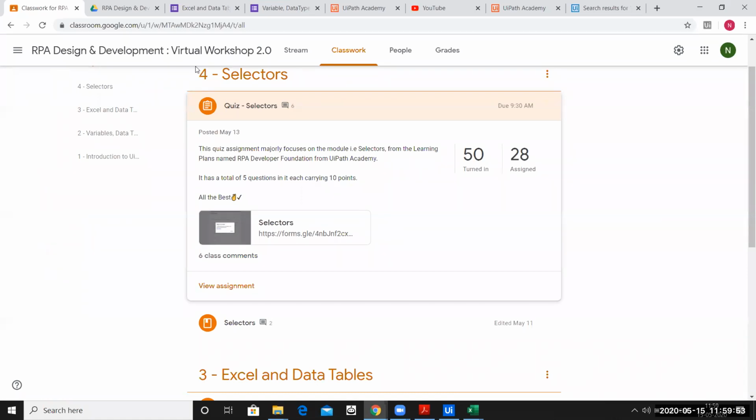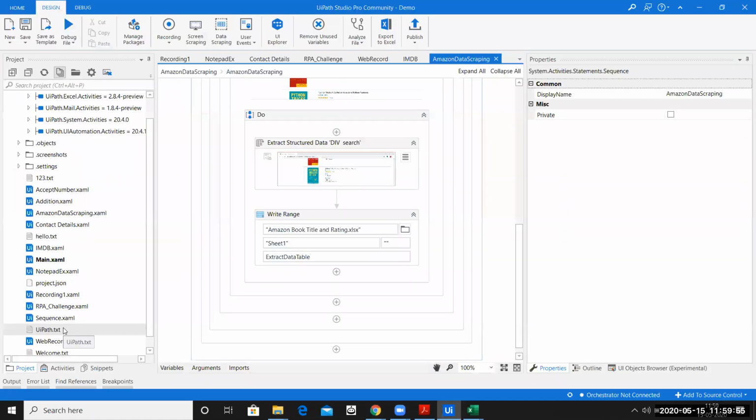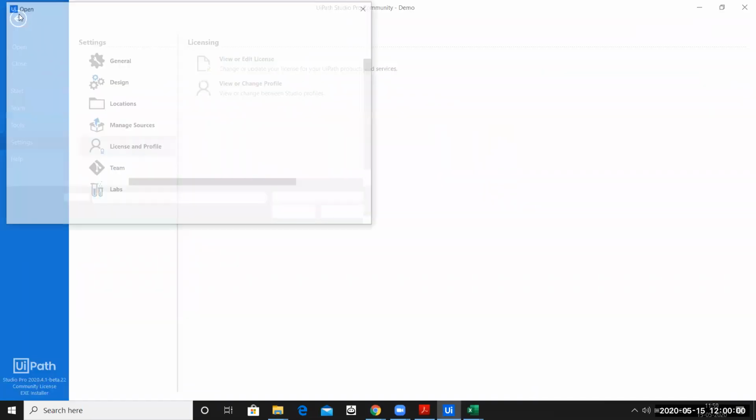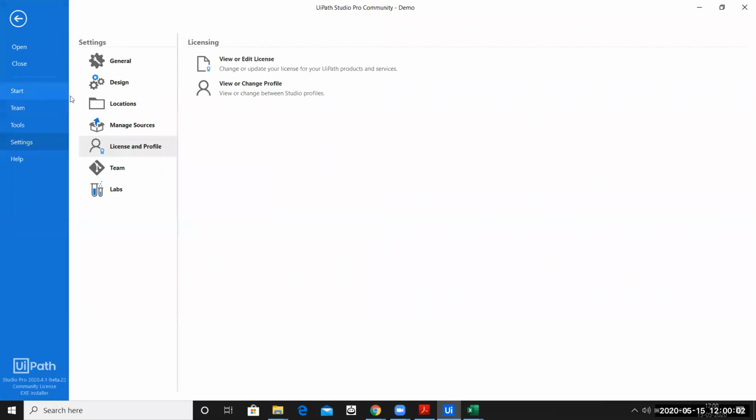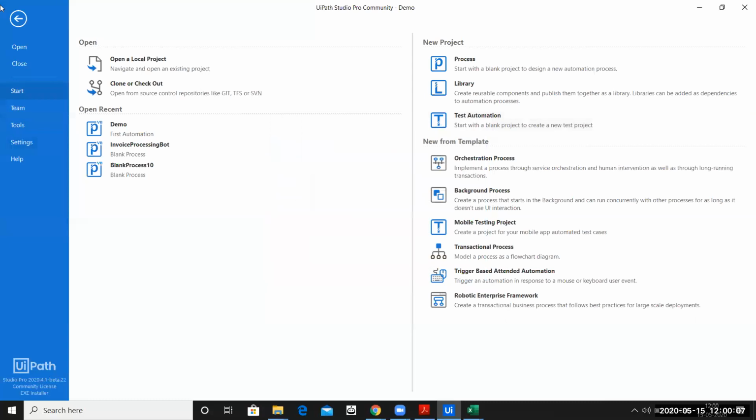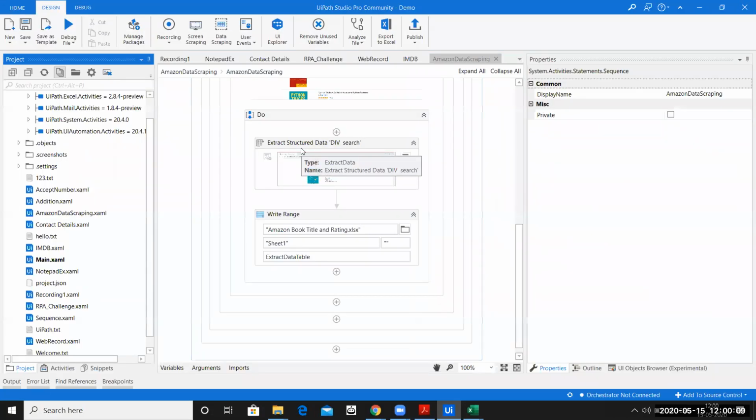Here you can see we have done everything into one. Ideally, you will not do it. For each and everything, you will go ahead and create a new process over here. I hope this clarifies the doubt for Google Classroom.